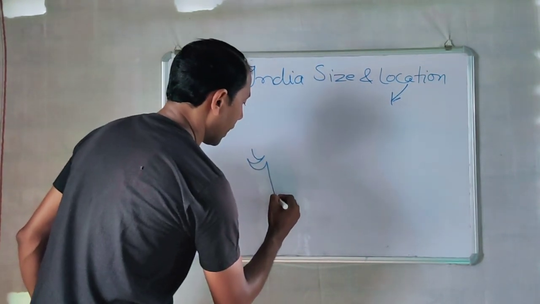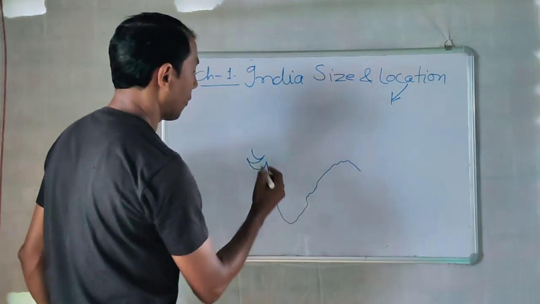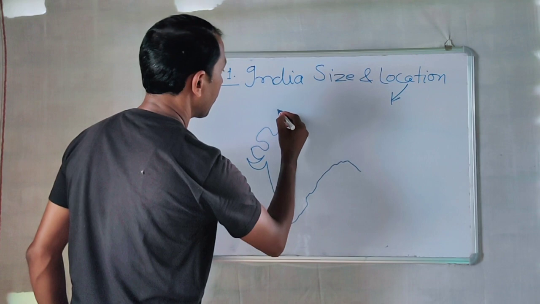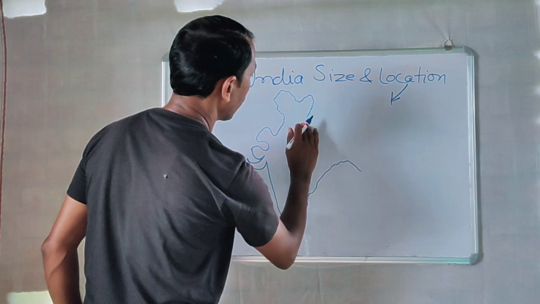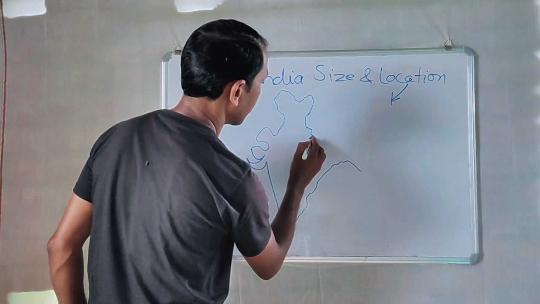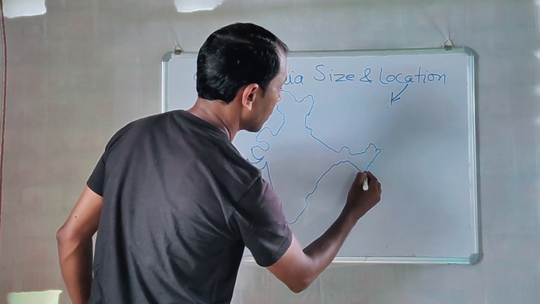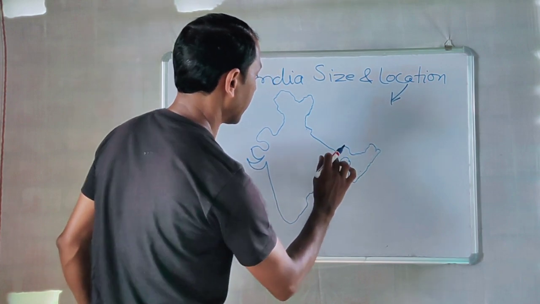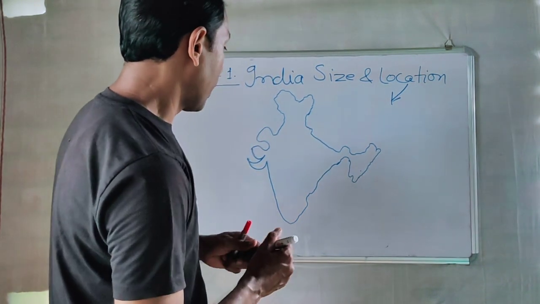see, I am trying to draw out a map of India. It may not be exact, but it looks like a model of India. Like this, see, है ना. तो it is a map of India.